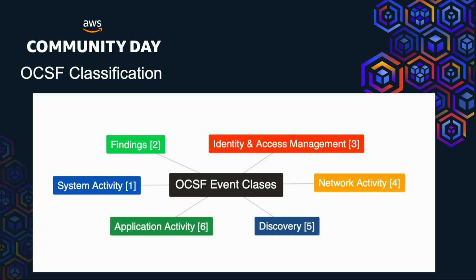Some of the events get classified as authentication events under identity and access management. And stuff like Security Hub falls under findings, right? So it's a really powerful classification system where you can write queries, and I can talk with somebody that maybe isn't as security savvy, but is working with this framework, and I can say finding and they'll understand what I mean. Versus if I say Security Hub, they might say Google Cloud Security Command Center or whatever the GCP equivalent is, but we would both know that those tools generate findings and not system activity.